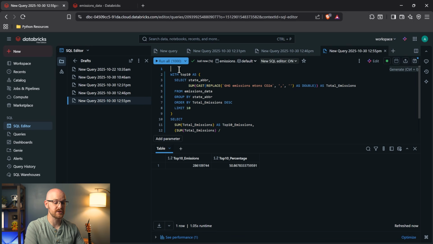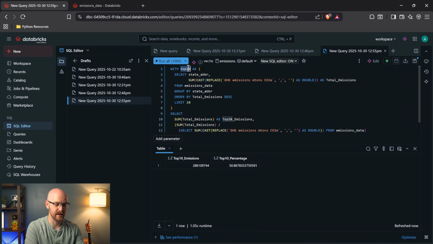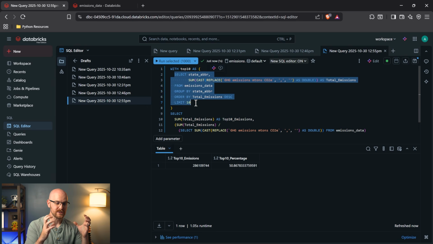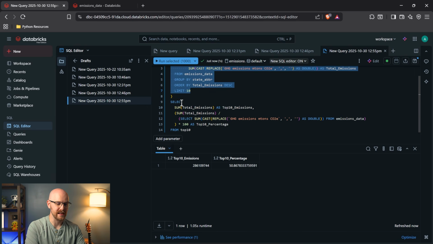What it's doing is creating a CTE, calling it the top 10. Then we're selecting the state abbreviations. We have this query. It's taking the total or the sum for the top 10. And then we're using that later on. So now we're doing select, and this is the sum of the total emissions from up here. And then we're taking the sum of the total emissions divided by this number right here, which is all of